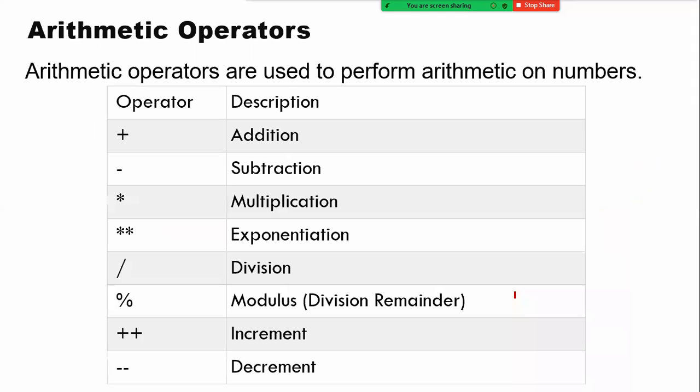Then we have the simple mathematical operators. Instead of plus equal to, which is a compound operator, it does two jobs: first adding, and then the job of assignment. Whereas we have simple arithmetic operators like plus and minus. The plus operator is going to add the two numbers. Minus is going to do the job of subtraction.